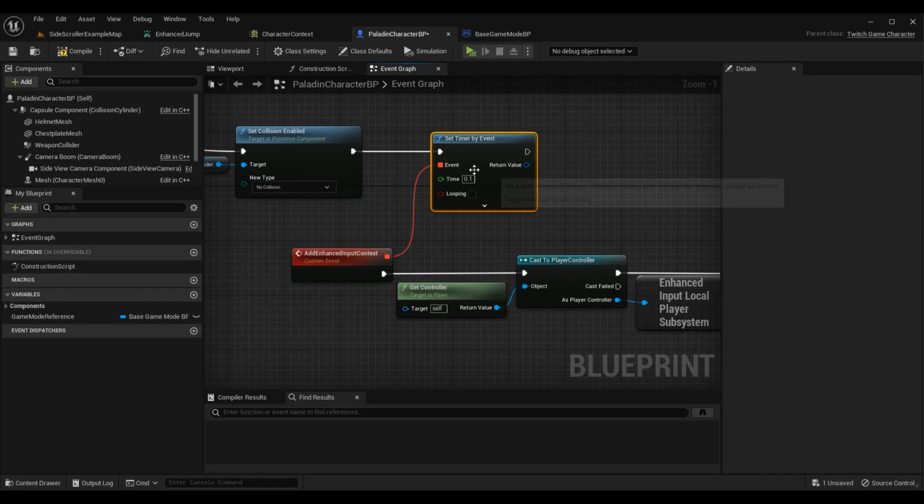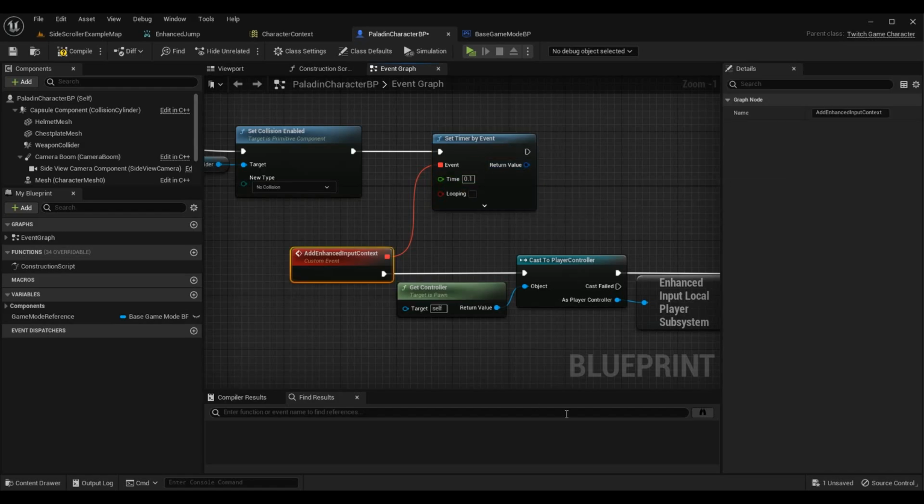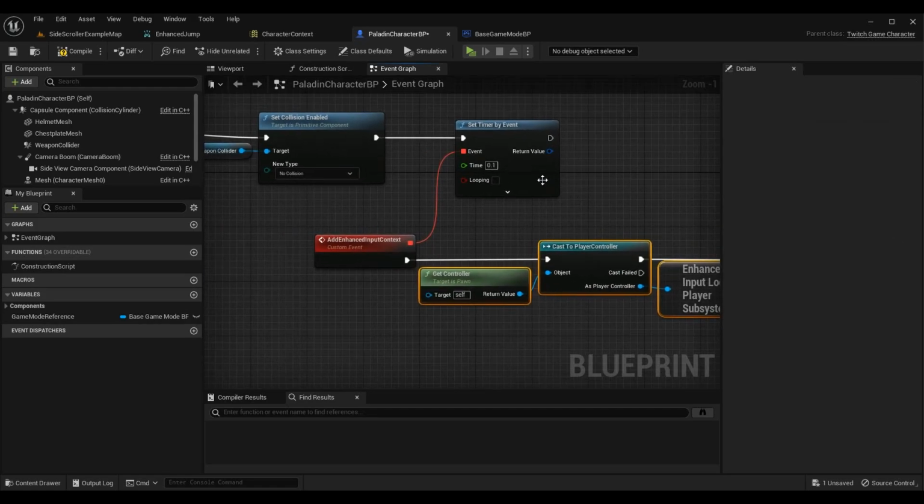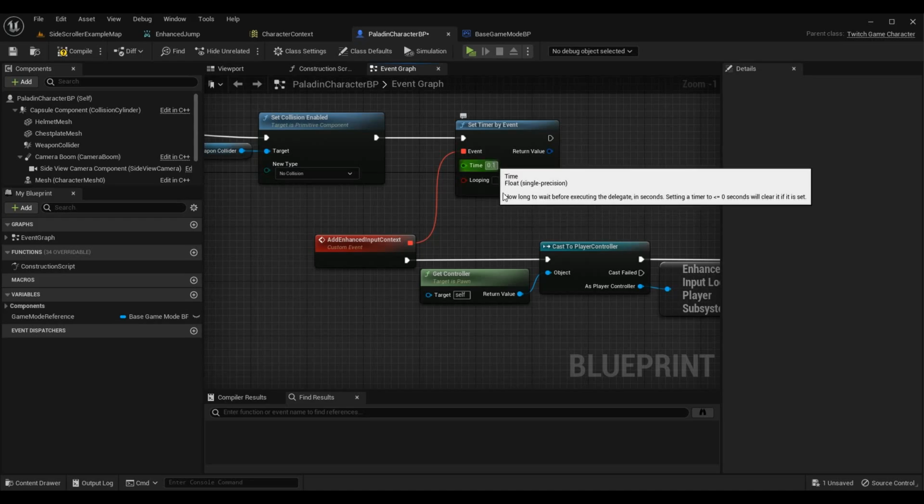Now in set timer by event, you can actually give a time, and basically once this node is hit, it will set a timer, and in 0.1 seconds from now, as an example, it will call this event. Then we'll do this logic. 0.1 seconds is more than enough time for the character to get possessed by the controller, so this will do